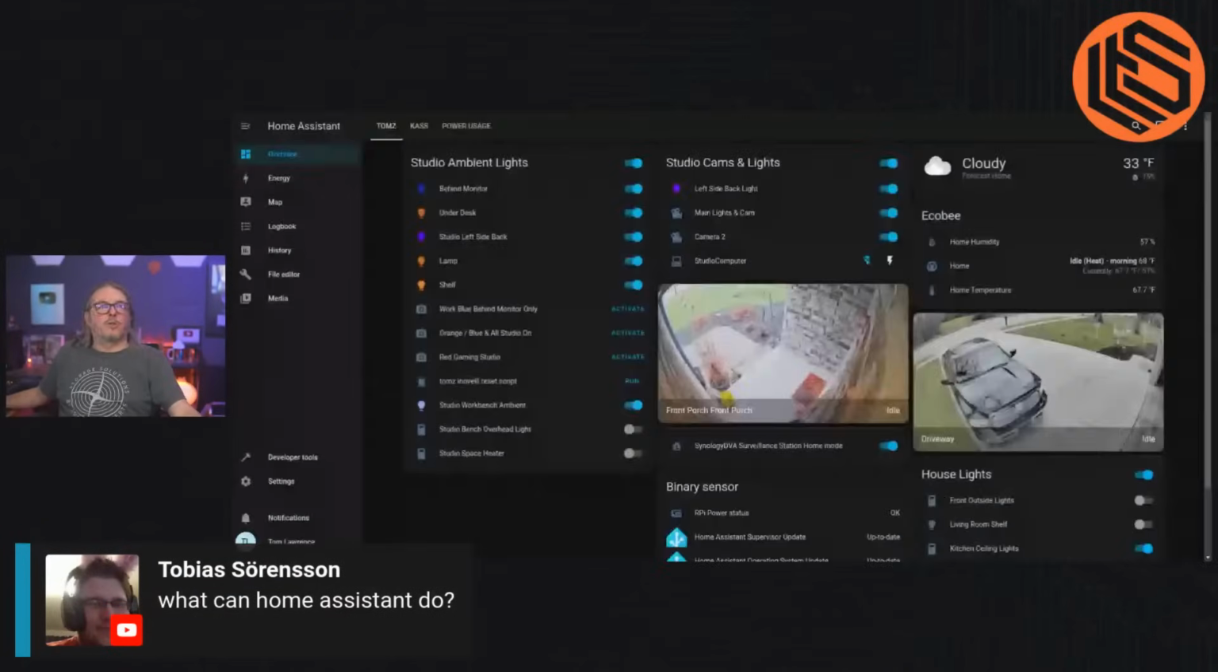What can Home Assistant do? I love Home Assistant because it does everything for me. Home Assistant is the fully open source, non-cloud way I manage all the things here in the studio. This is actually what controls lights. It's tied into my Synology. I have automations on here. It tells me the weather and sets the temperature for things. But if I turn off the shelf behind me or some of the